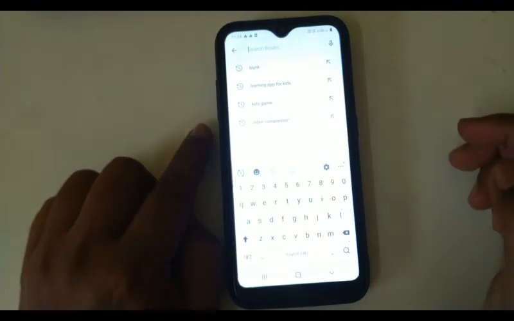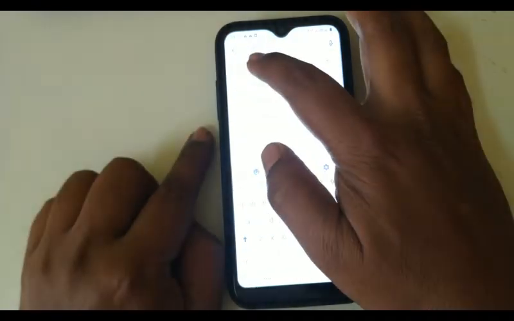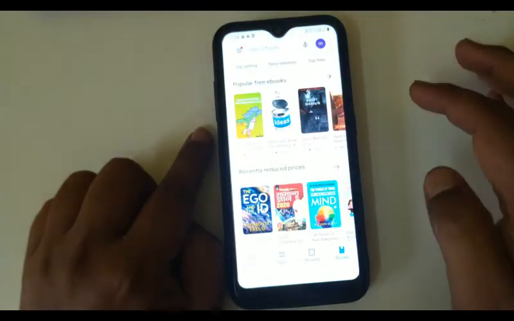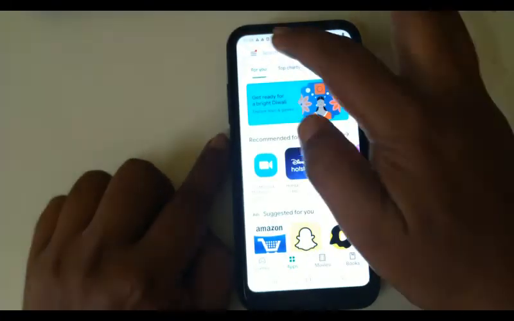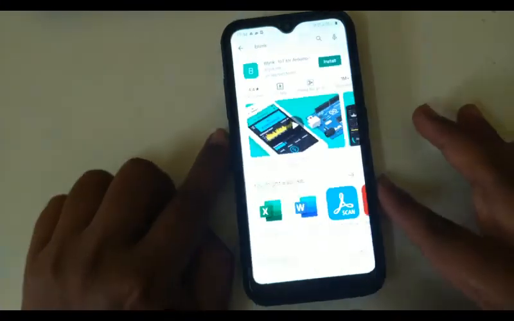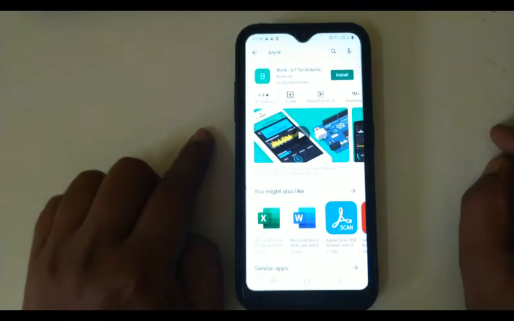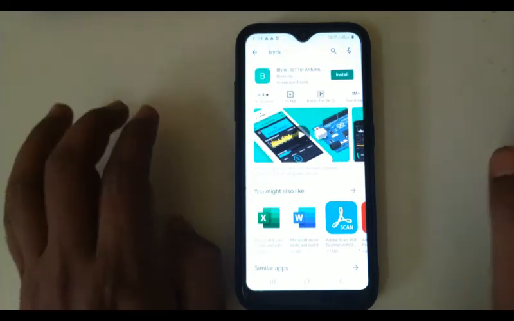Yes, in the search section, type Blynk, B-L-Y-N-K. Blynk, yes, you can see Blynk IoT for Arduino. So this is the app you're supposed to install.